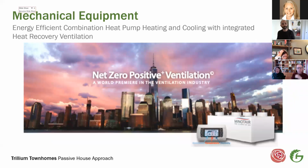So the unique thing about Trillium, it came from some lessons learned on the Oaks and some other projects. This system was around when we were doing the Oaks. It was brand new at the time. We've had it on some other projects and through some testing. And what it does, which is different than the Oaks and previous projects that had separate heating and cooling and ventilation systems, it actually combines them. And it has a slightly tighter filtration system than previous buildings, a little bit more controls about how ventilation can move through the building. But essentially what's happening is we're going to be taking outdoor air and continuously bringing that